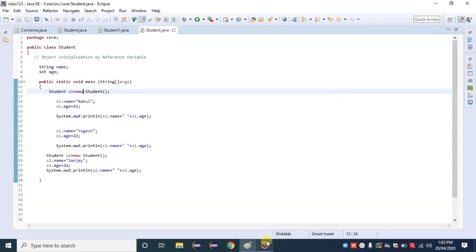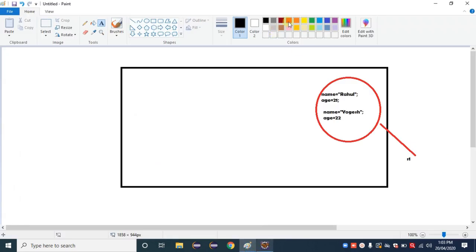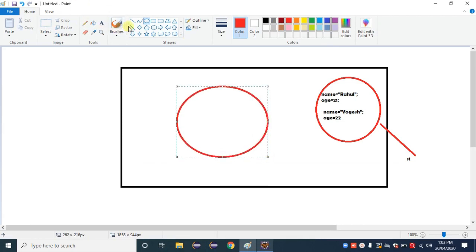Just observe here, we are creating another object, with the reference variable s2. What happens inside the memory? Inside the memory, another object is created and referred to by s2, because we gave s2 as the reference variable there.